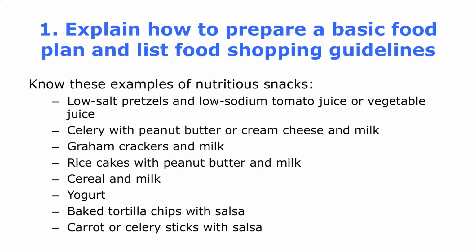So we need to look at low salt pretzels, low sodium tomato juice or vegetable juice, celery with peanut butter or celery by itself or even with a light ranch, okay? Possibly graham crackers and milk. Rice cakes are really great. Cereal and milk, but of course keep it where you're not using 2 servings at a time, okay? And possibly something with high fiber instead would be a good choice as well. Yogurt is great. Baked tortilla chips with salsa, carrot or celery sticks with salsa. There's a variety of different things that we can actually use, as long as it's within the